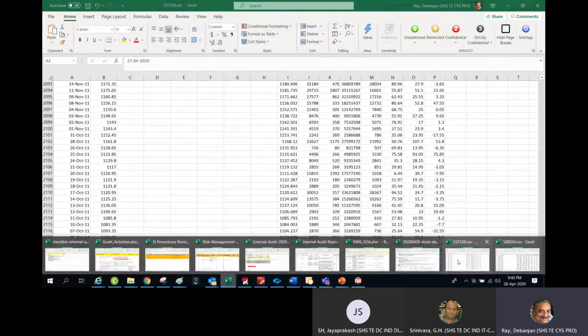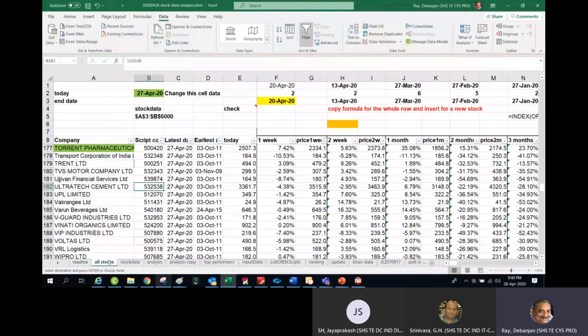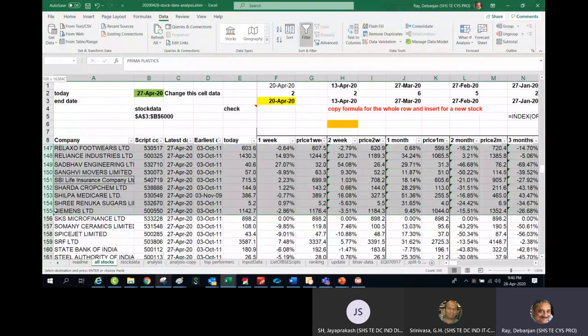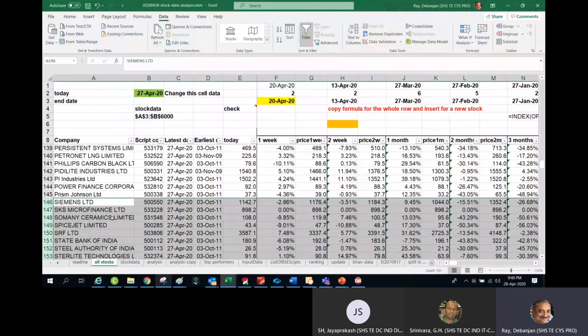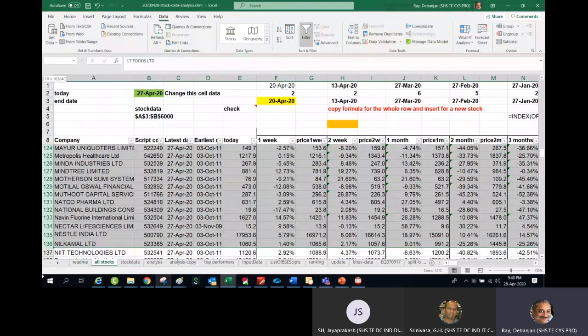It is possible. For example, I go here. Many of these stocks are not preferred, so I randomly delete them. Suppose I will keep only a few of the stocks which are buy.